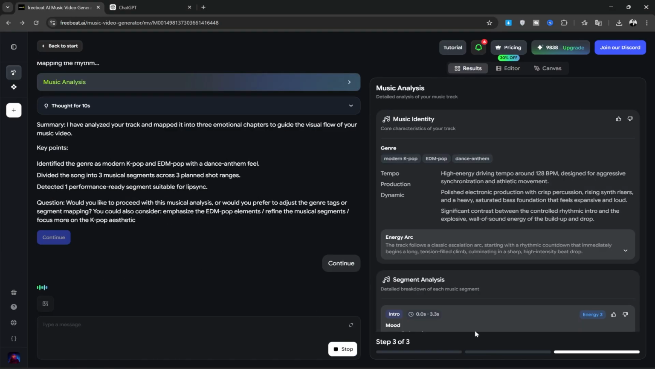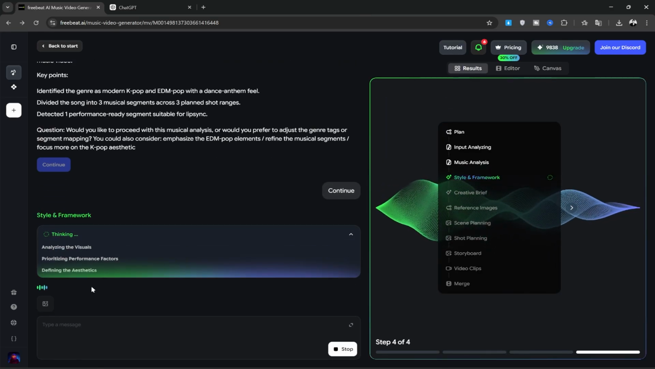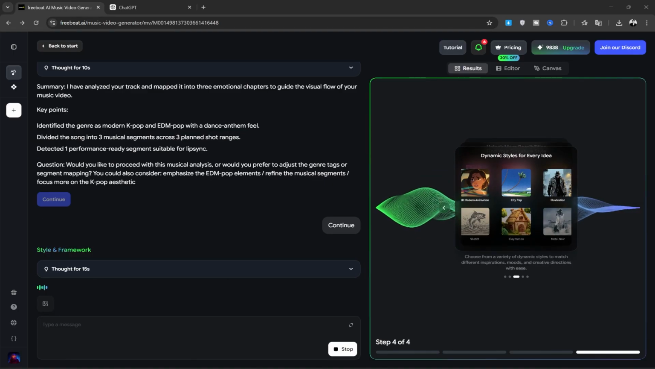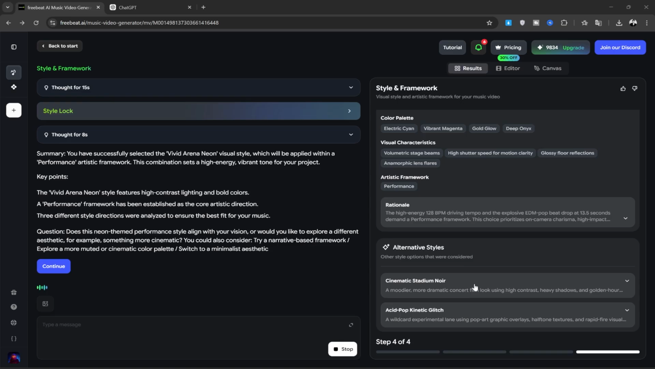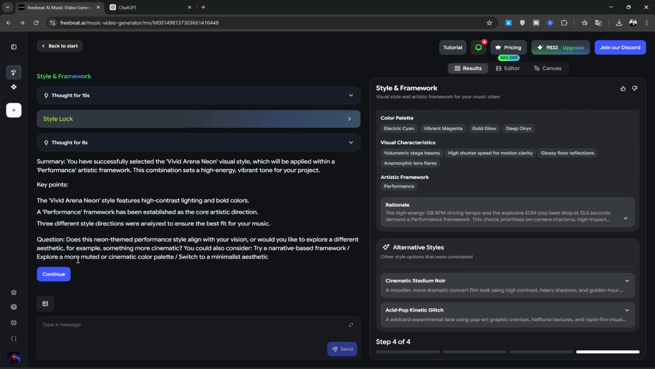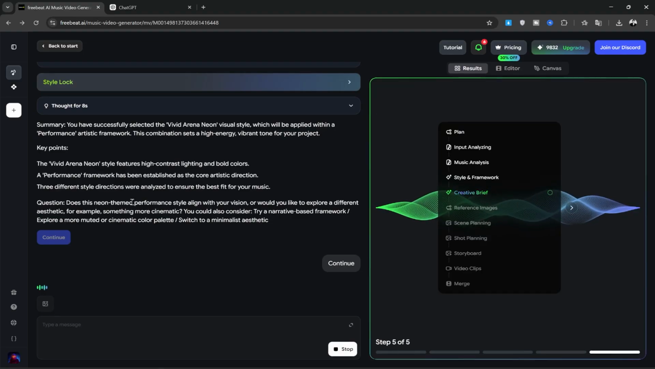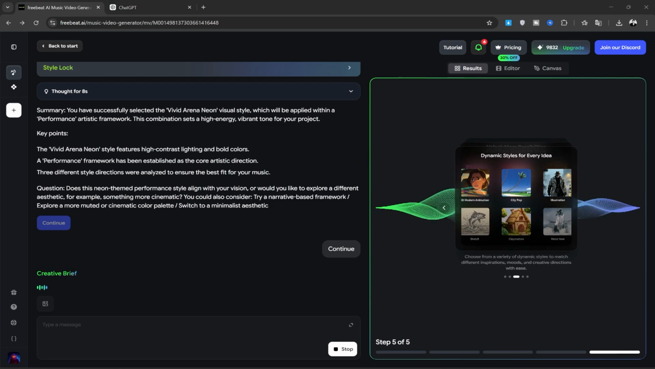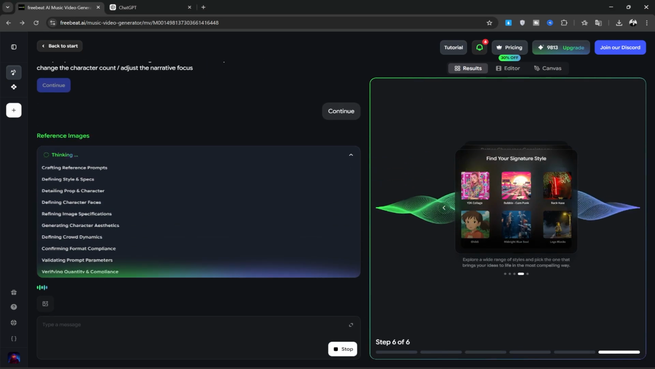I click Continue again, and the agent starts thinking again, this time to create the styles. During the style creation, it writes the color palette and framework on the right. If you don't like it, you can ask it to change. Since I just want to test it, I'll just hit Continue, but if you want to change something, you can type it and ask. It starts creating the brief, which takes a bit longer,